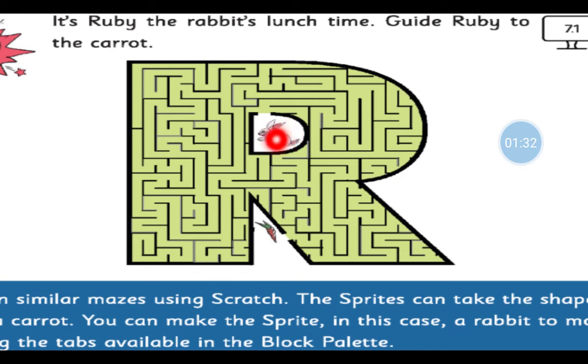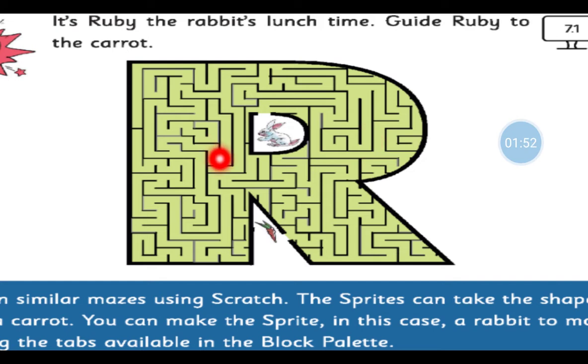You just guide how this rabbit can reach the carrot, how the rabbit can eat this carrot. You guide using the pencil. You just make a line, finding the way to reach the carrot. Understood now what you have to do?